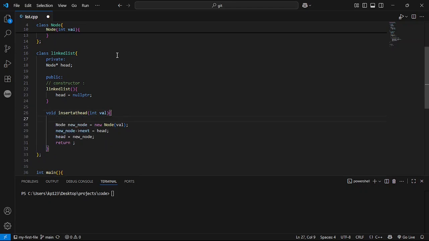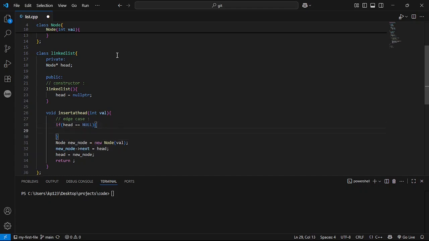Now there is a certain thing which we would call an edge case. If our head is exactly equal to the null pointer, what if that's the case?